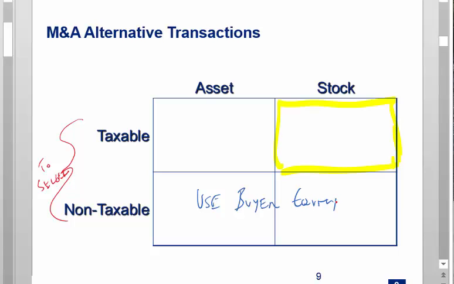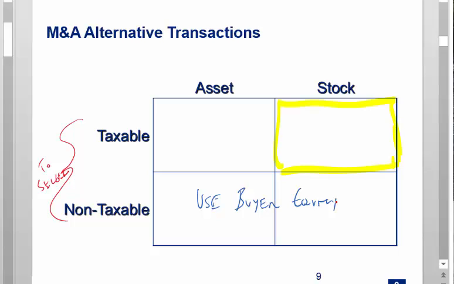Okay? So that means the buying company has to give the target as the purchase price, not cash, but buyer stock. And the theory, from a tax perspective, is that if the buyer simply gives the selling shareholder equity in this acquiring company, the selling shareholder really hasn't cashed out. They're still a shareholder in that historic business through the equity of the buyer. So if you haven't cashed out, it doesn't seem like you ought to be paying a lot of tax.